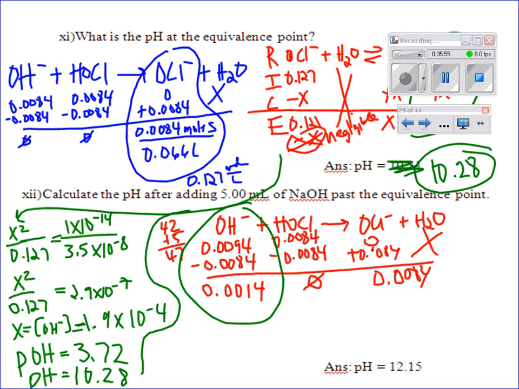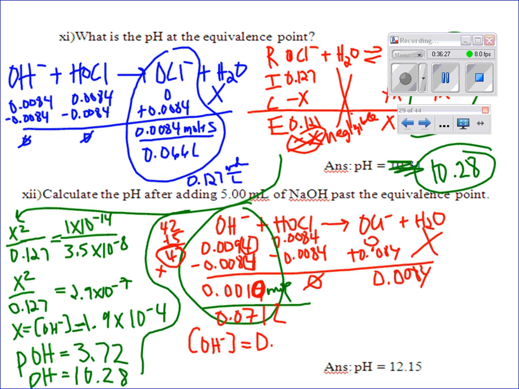Strong wins. This is moles, though, before we can take the negative log of it. Did I do something wrong? Oh, 4 minus 4. 4 minus 4 is 0. Okay, divided by, all right, now we got to figure out our total. We had 47 plus the 24, right? So that's 71, 0.071 liters. Gives us an OH concentration